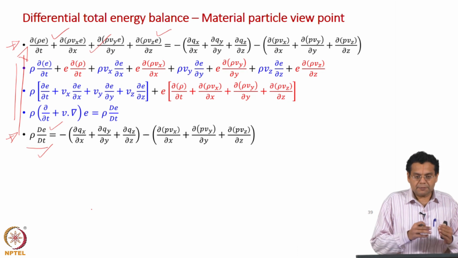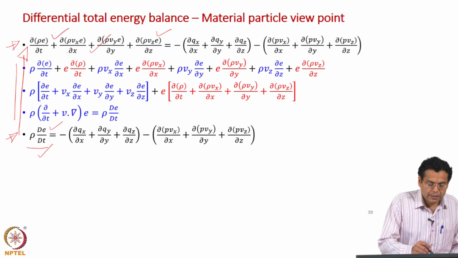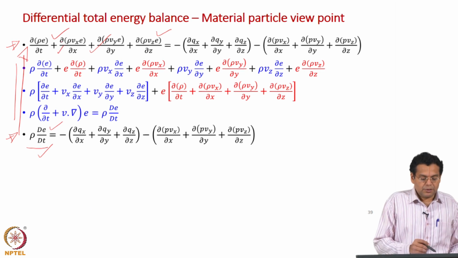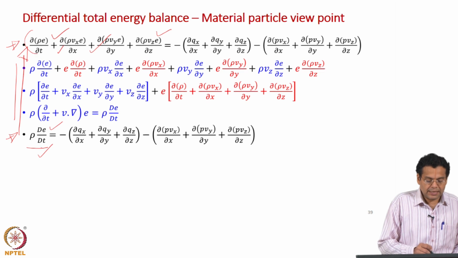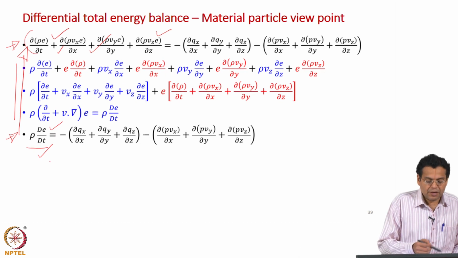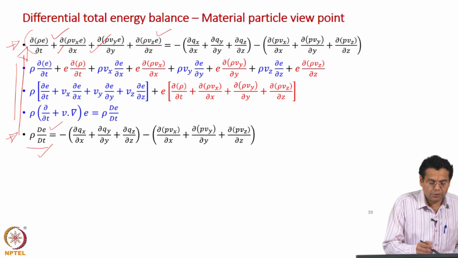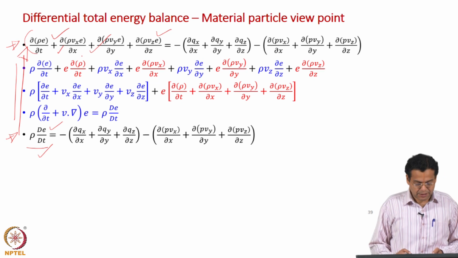We have already the substantial derivative of kinetic energy per unit mass. We would like to express it back in this form. So, if you have this form, how do you write? It is rho and then d by dt of E. What is that right now? We have rho into d by dt of V squared by 2. So, now we just go back and write dou by dou t of rho into V squared by 2, plus dou by dou x of rho V x V squared by 2. Okay. That is what is written here.